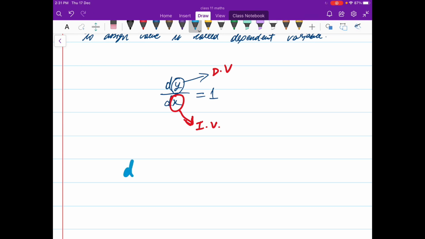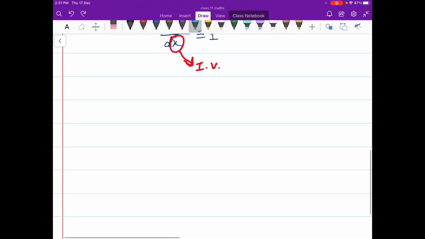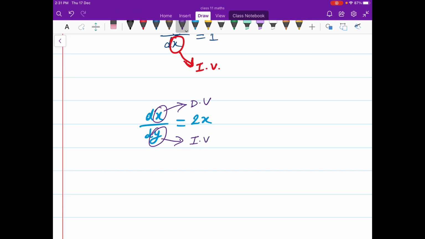Now if I take another example, say dx by dy is equal to 2x. Now here my x is my dependent variable and y is my independent variable.